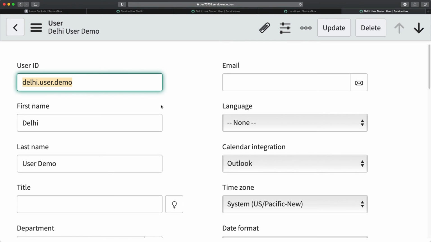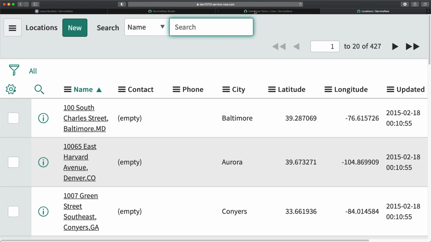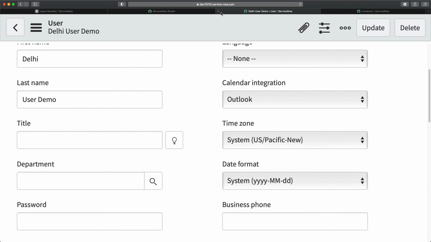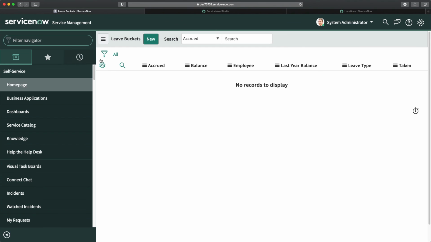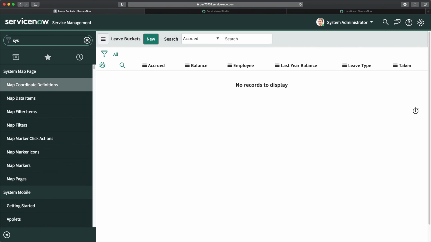Ideally, if I talk about the user creation, like most of the organizations, they create the users in ServiceNow with the help of LDAP or maybe different kinds of transform maps and imports. So you won't do it manually, but your business rule will definitely run if they have the employee number. So in that case, I have created this, and I will just close this one as well, and I will go to